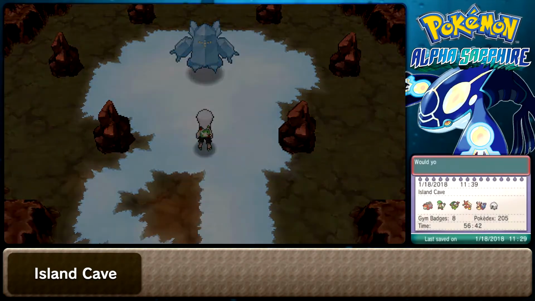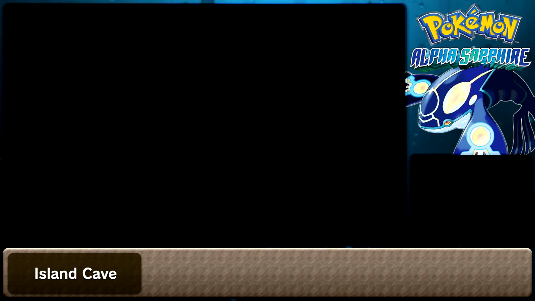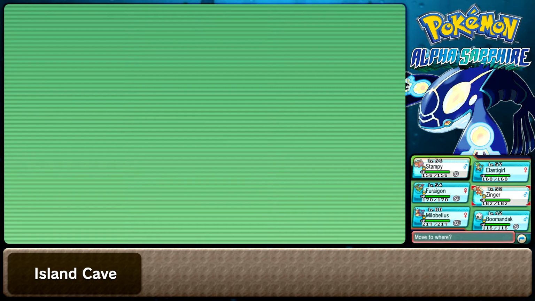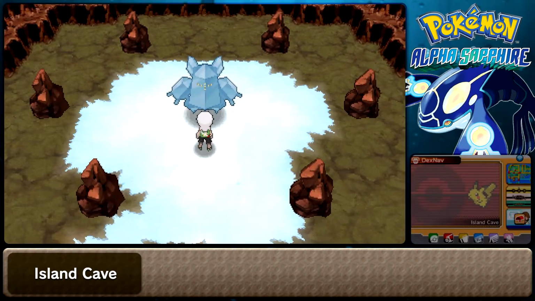Again, save, just in case you mess up. And I want to swap my team around. Actually, yeah, I definitely don't want Camerupt being at the front. But I guess Earth Power might work. I don't know. I don't want to risk it. I'm going to send out Milabellus first. And here we have...